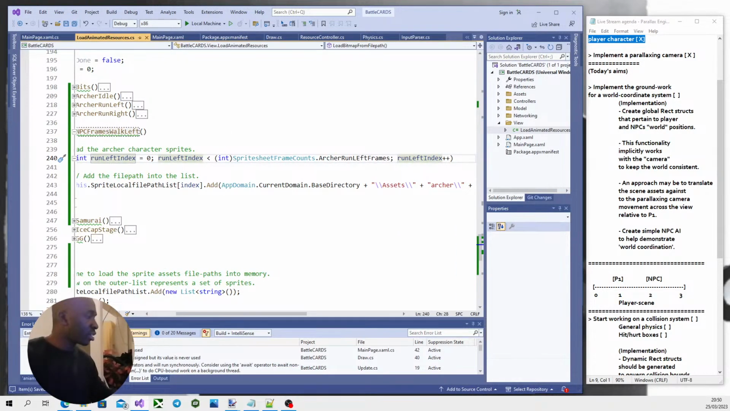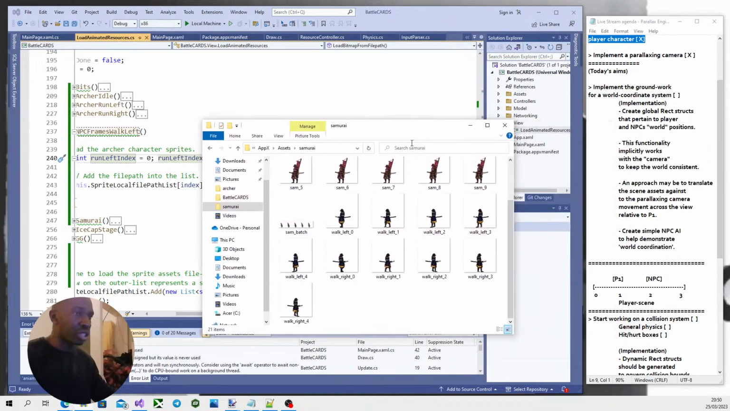Now, if I quickly draw your attention to the assets that I'm using, I've already prepared off screen a few animation frames. So I have walk_left_0 that goes on here, walk left 1, 2, 3, and 4, and then I have walk right 0, 1, 2, 3, and 4. I'm going to load these images into memory. So what I'm going to do,